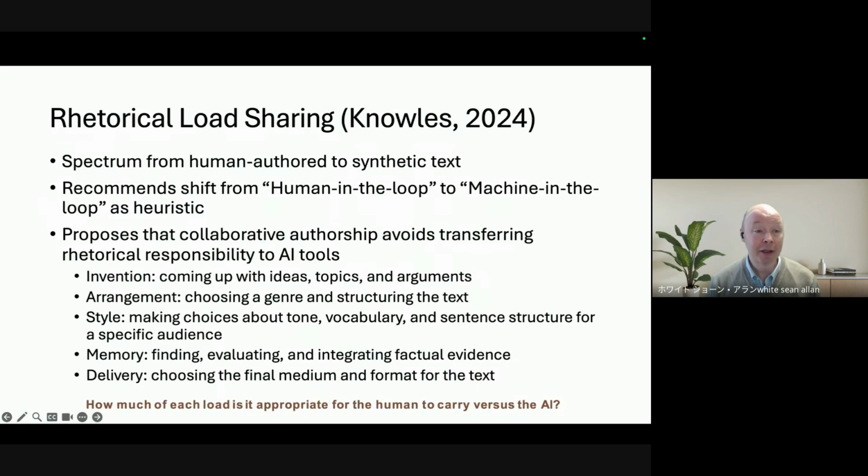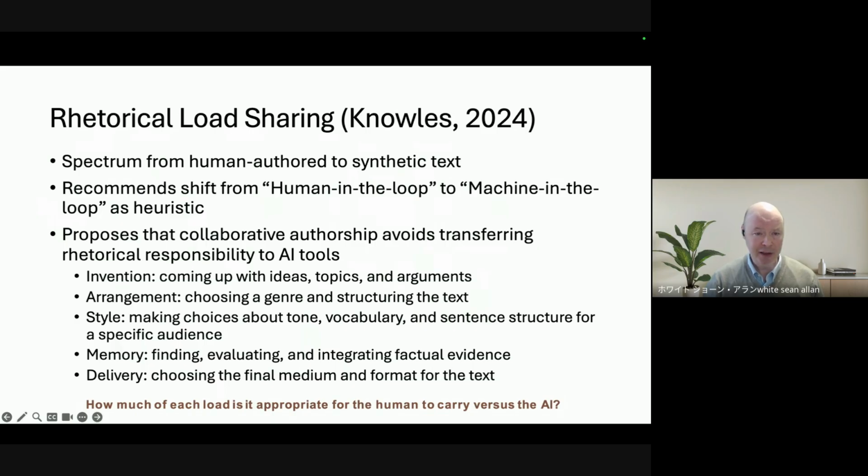Anyway, another one, rhetorical load sharing by Knowles. So this idea that we can look at text generated by humans and AI, let's say. So it's a spectrum of human authored to synthetic text, and we will have probably each instance somewhere in between those two, right? So he recommends, the author,